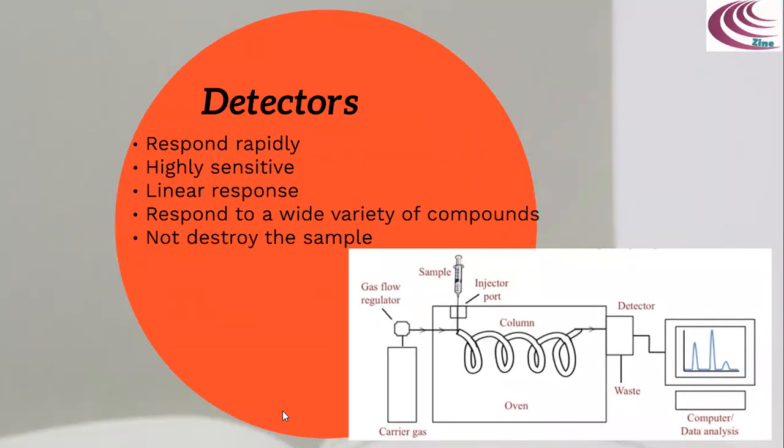Now moving towards detectors used in gas chromatography, which should satisfy the following conditions. It should respond rapidly. This is because the solute passes over the detector very rapidly, maybe 1 second or less, and therefore the detector should produce a response during this short time interval. It should be highly sensitive so as to produce a large response to lower concentrations of solutes. This is particularly required in gas chromatography since a solute is eluted out along with a large volume of the carrier gas.